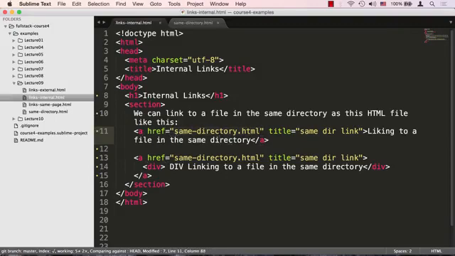In our case here, since we're discussing internal links, which are links that point to internal web pages of the web application, the links we're showing are all relative URL links. However, we could still have even absolute URL links as long as they point, again, to the same web application that we're in. Since we're providing no directory information, the browser will assume that samedirectory.html is a file that lives in the same directory as